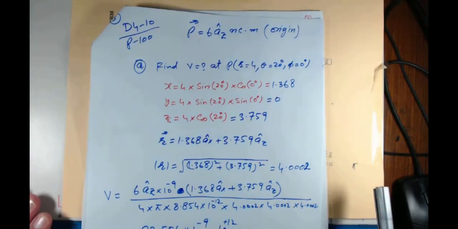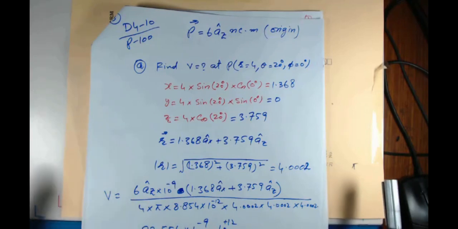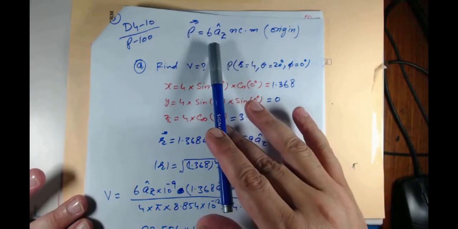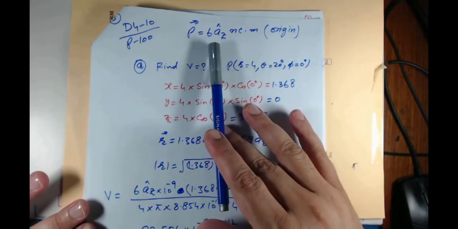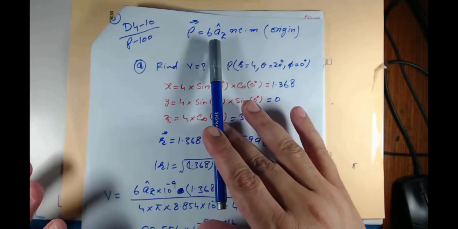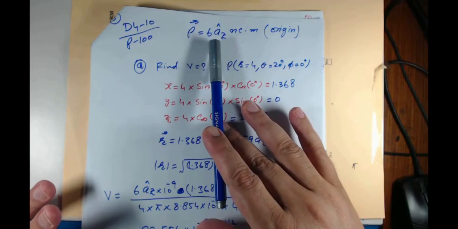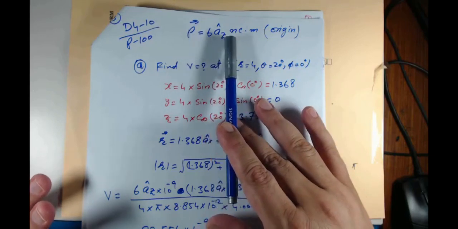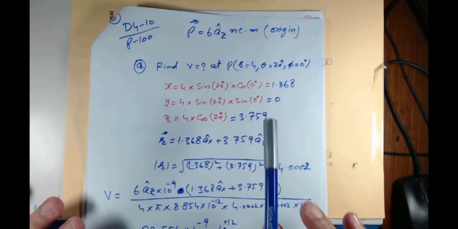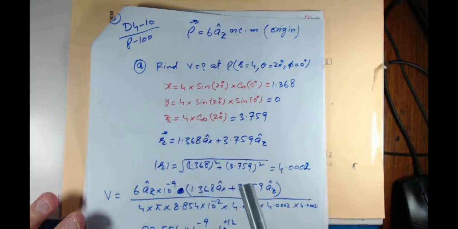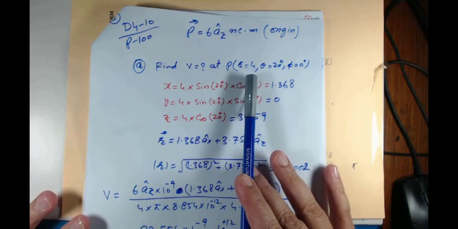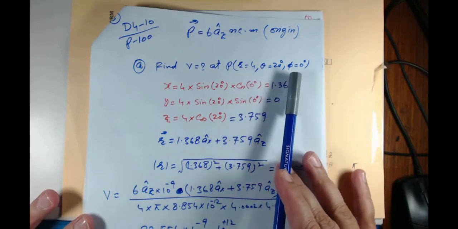Let us solve another drill problem, D4.10 on page 100. In this case, again, we are given the dipole moment at the origin, and in this problem the dipole moment has only one component, the z component, again in nanocoulomb meter. We are asked to find the potential in the first part at r equal to 4, theta equal to 20, and phi equal to